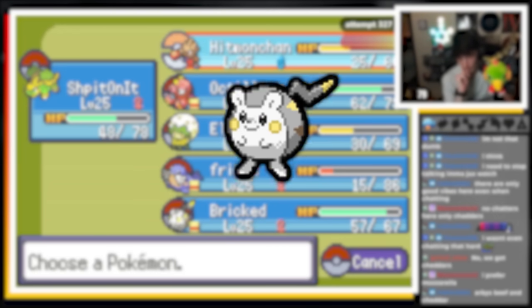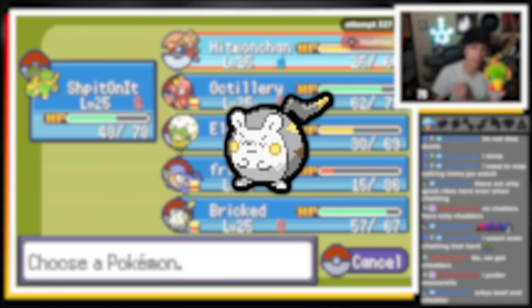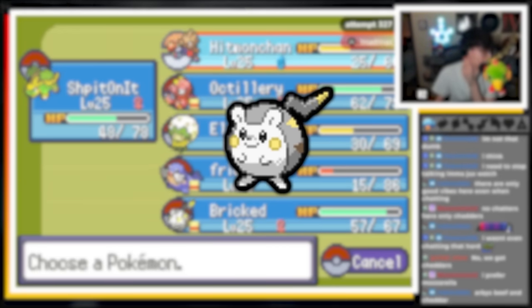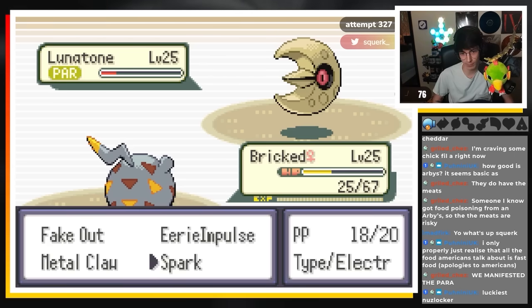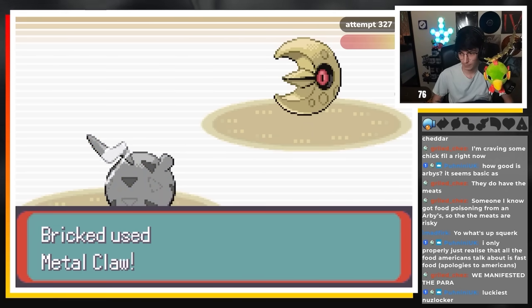Yet another reason why Togedemaru is so valuable, especially in the early game. It's one of the best counters to this Lunatone with Eerie Impulse, which lowers the opposing mon's special attack by 2 stages. I originally didn't really know what to write here, but my good friend Wacko told me to say,